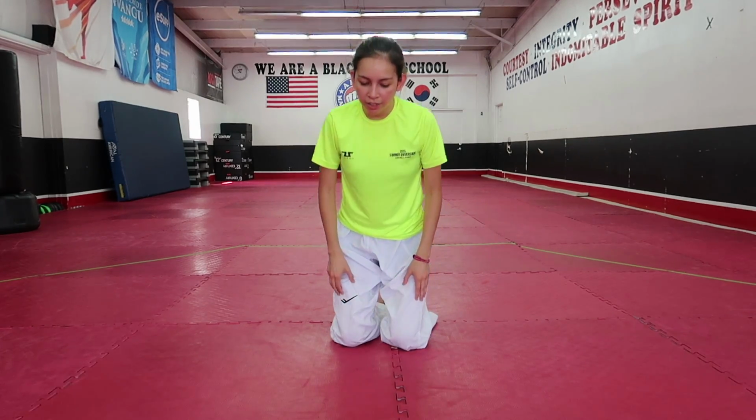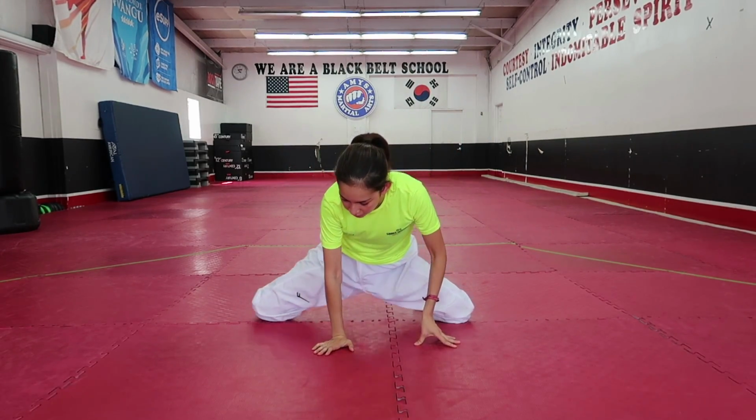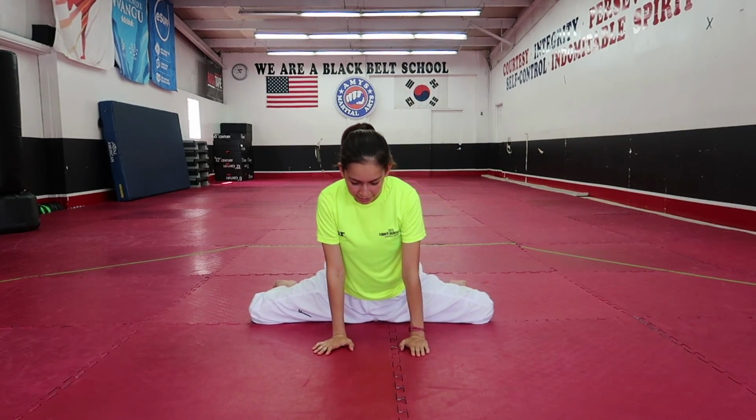Alright, now we have two more important stretches for the roundhouse kick. The first one that we're gonna do is gonna be a frog stretch. For the frog stretch, you're gonna go out like this. You want your feet and your legs pointing straight back and just go as far out as you can go like this. Once you've gotten as low as you can go, you're just gonna hold it here for 20 to